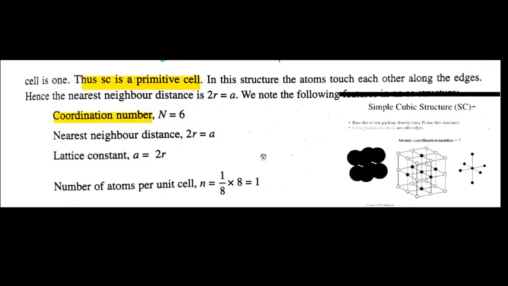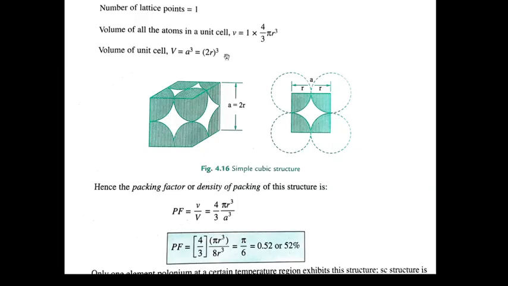And here you can see there are 8 corners, and each corner's contribution is 1/8. So the total number of atoms will be 1, and therefore 1 atom multiplied by 4/3 pi r cube, where r is the radius of the atom. Do remember, r is the radius of the atom. So the volume of all atoms contributing to the unit cell is given by small v, because the atom is smaller. Now the volume of the unit cell, because it's a larger one, I have chosen the symbol